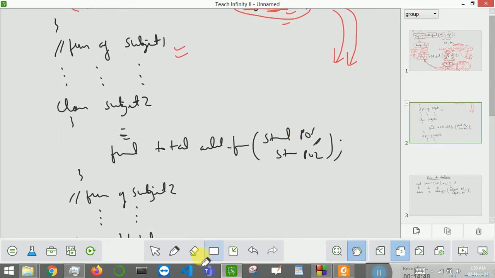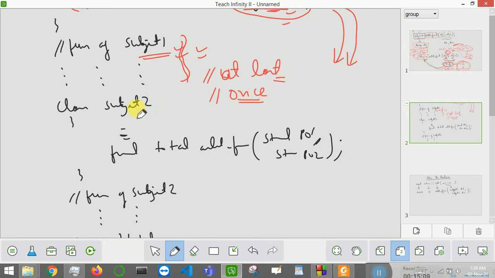Next, you will write all the functions of class 1. Subject 1 is your class 1, you will write all its functions. You will not write the friend function here; you will write the friend function at last. Always remember that you will write the friend function at last, and you will write it only once. The friend function will not be written multiple times, only once and at last.